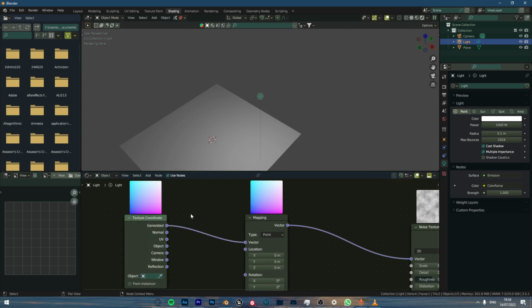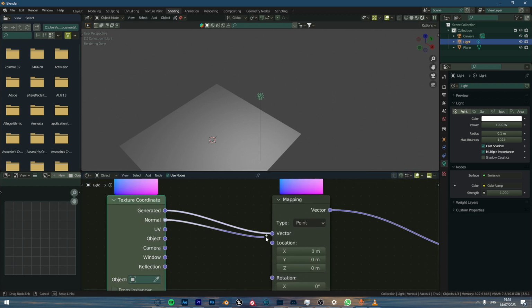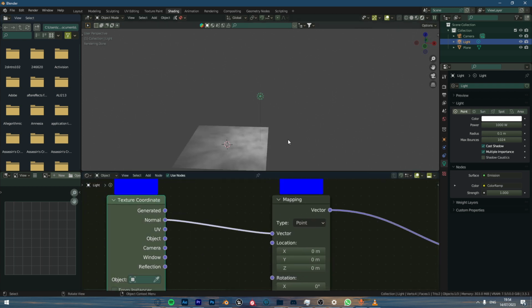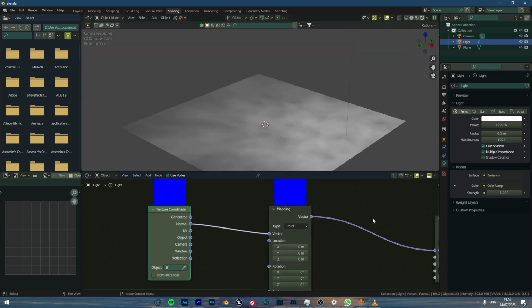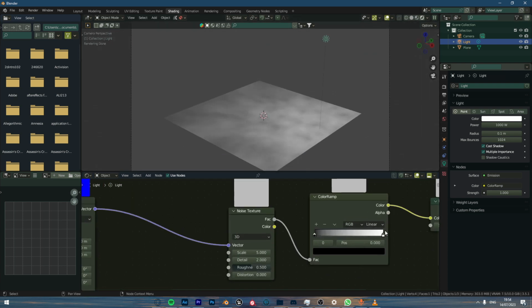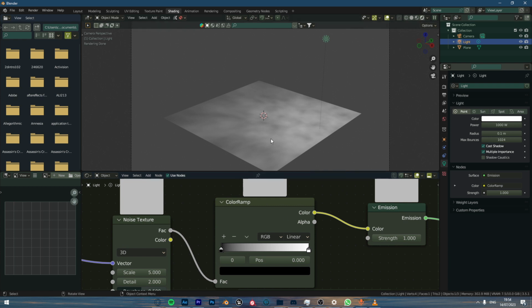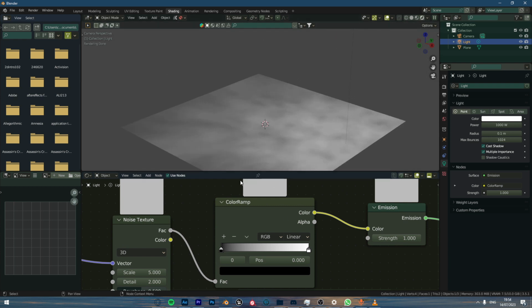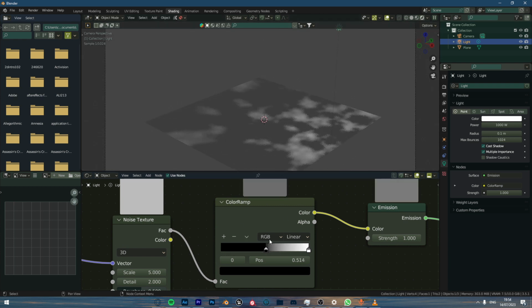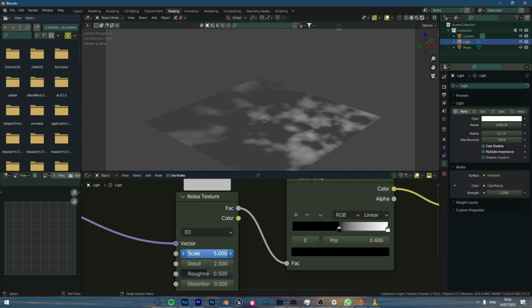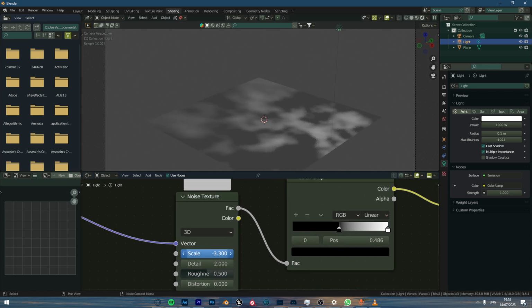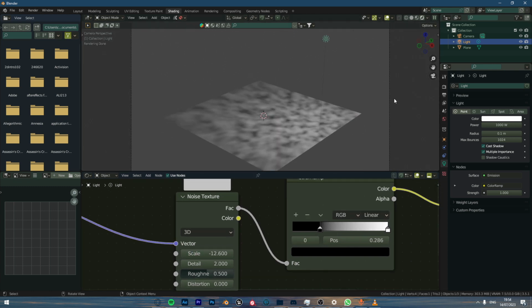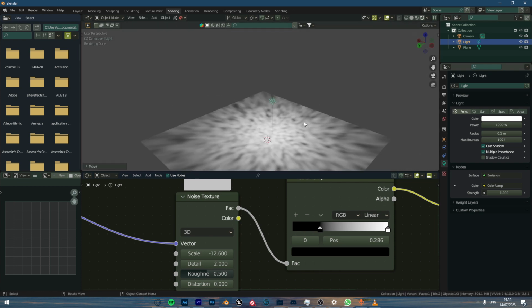Also for the texture coordinate, use your normal coordinates, and you can already see a difference. Instead of being a flat light, it is now this uneven kind of light. If you change the noise texture, you can mess with it even further. You can change the scale of the noise. So this method adds a really organic, yeah, that's the word, organic